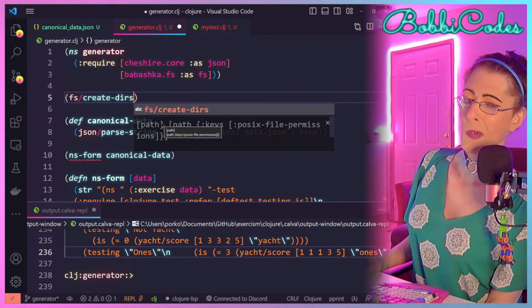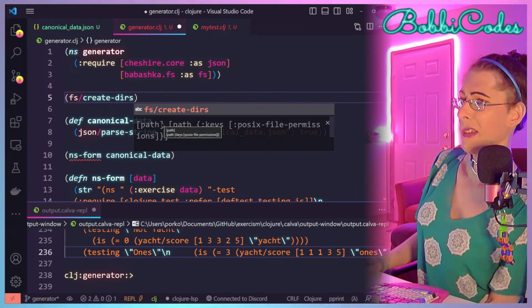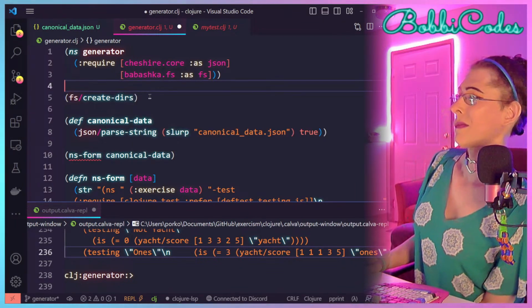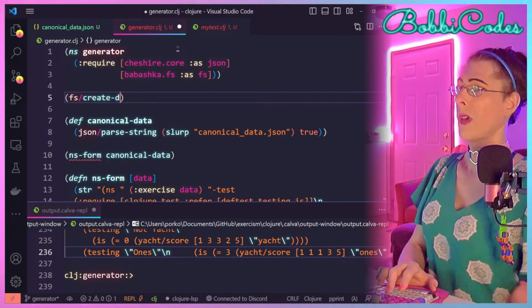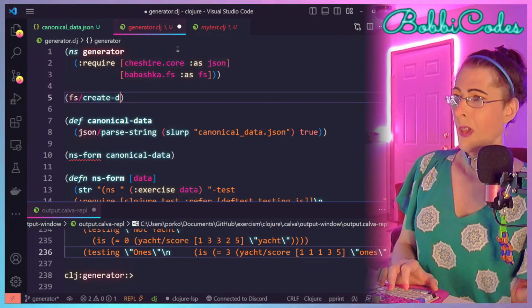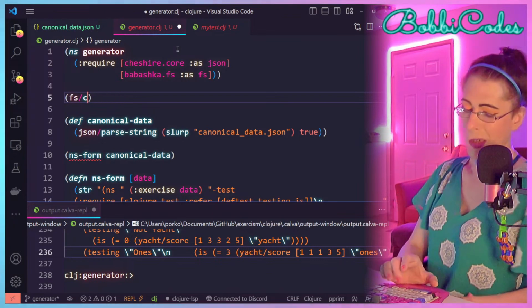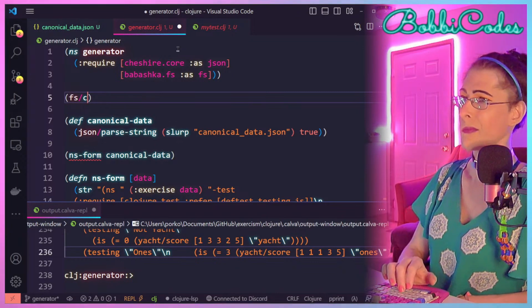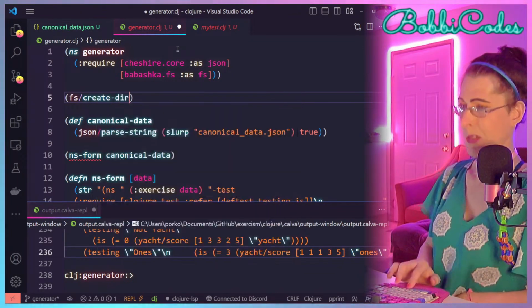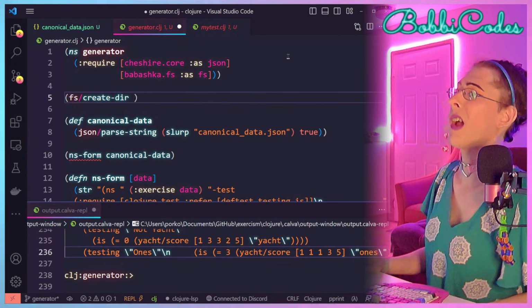I wonder if that's for creating nested directories. So we need to create a directory just to hold the entire thing. So we'll do create dir.